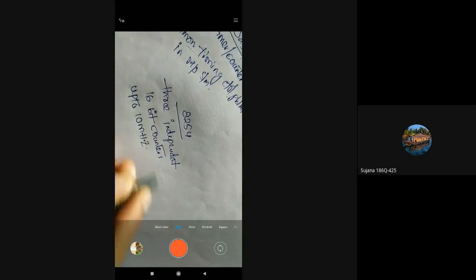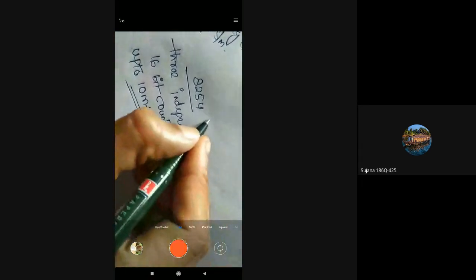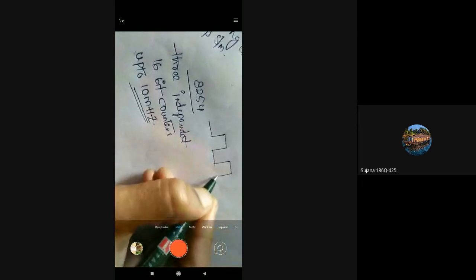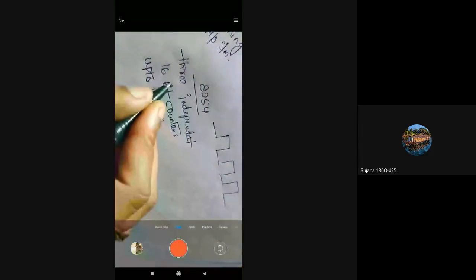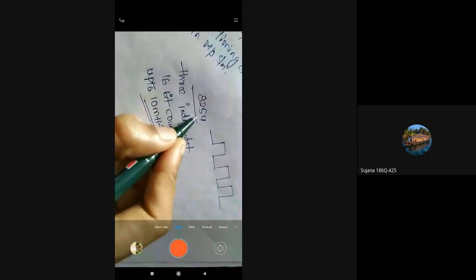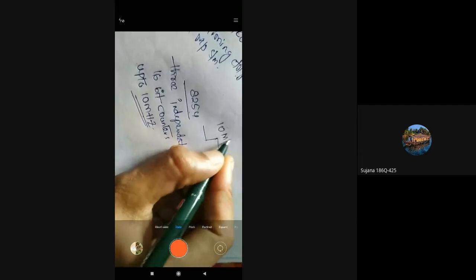Each is capable of handling clock inputs up to 10 megahertz. So each counter can handle clock inputs up to 10 megahertz. That means it can use a clock pulse of 10 megahertz. So the frequency of the clock pulse which we use in this 8254 timer is up to 10 megahertz.